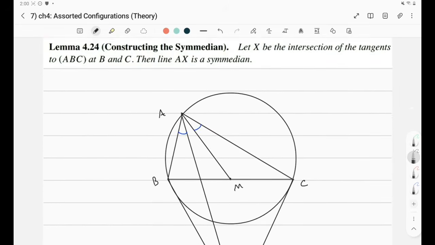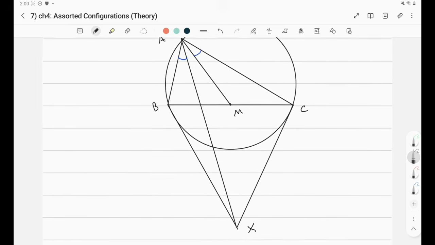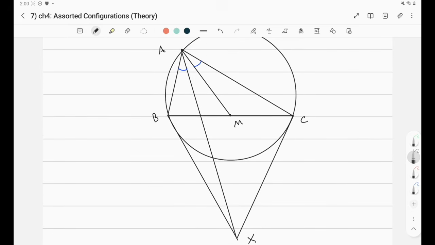So the first lemma we want to introduce is constructing the symmedian. Here is a very nice way to look at the symmedian. Besides just reflecting AM over the angle bisector, there is another way: if you have a triangle ABC and its circumcircle, then just take the tangent here and the tangent here and intersect them at X, and take M as the midpoint